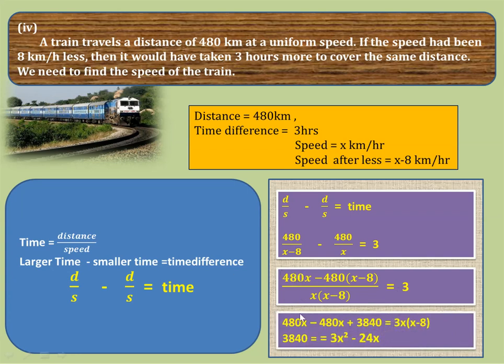The numerator is 480x minus 480x, minus into minus plus 480 into 8 is 3840, is equal to, now cross multiply here, then it becomes 3x into x minus 8. Now simplify, it becomes here 3840 is equal to